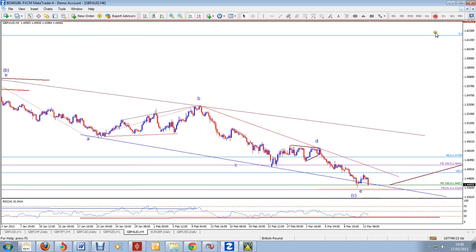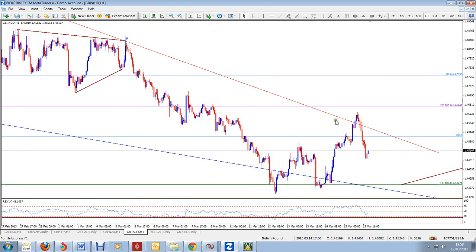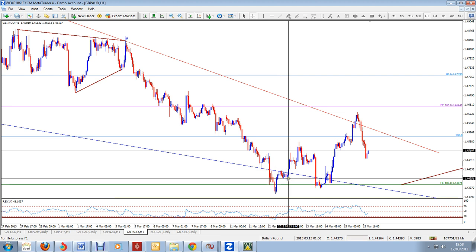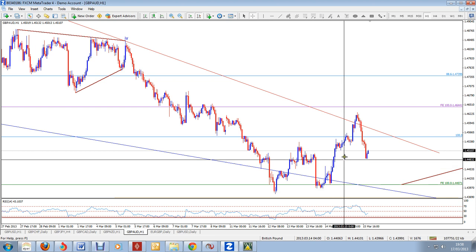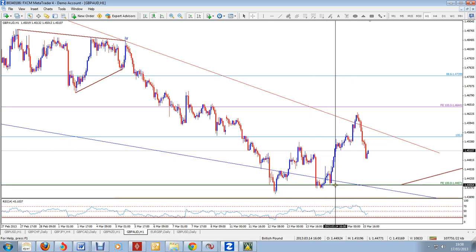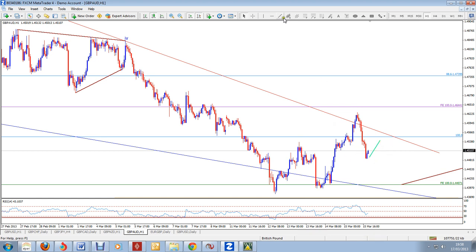So if we look at it in a 4-hour, then on the 4-hour we had a strong move up. On the 1 hour, see, we had a 5-wave move up on this one here, 1, 2, 3, 4, and 5. ABC back with 1 and 2, and then we've had another strong move up, and that is 1, 2, 3, 4, and 5. So we've had a 1, 2, 1, 2, I reckon, and we may still get a bit more sideways. This retracement could be A, this one could be B, and we might get another retracement like that, or a little bit deeper like the New Zealand dollar, and we look for potential